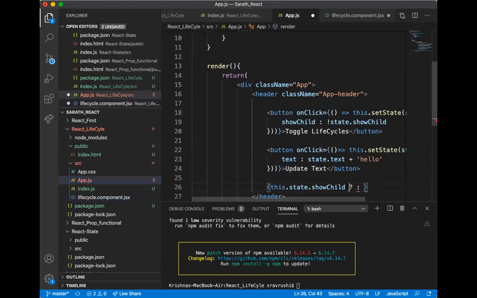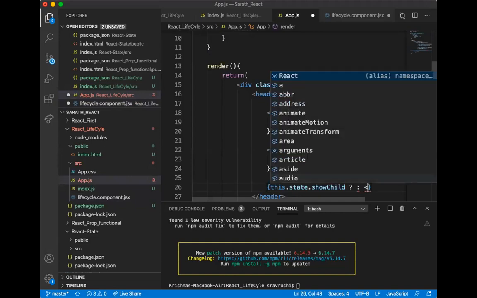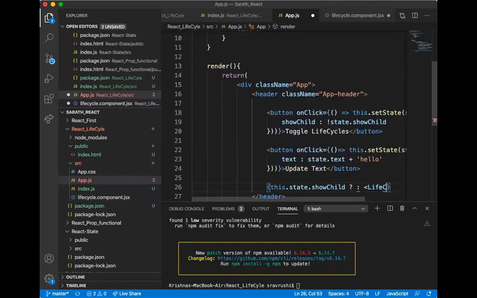So if the value of this state is true, then I have to go to my component, life cycles. In that case, here it is like this, life cycles.